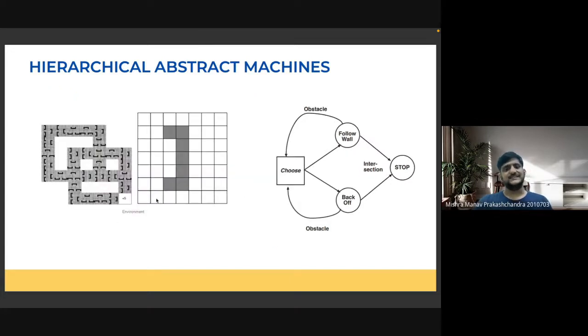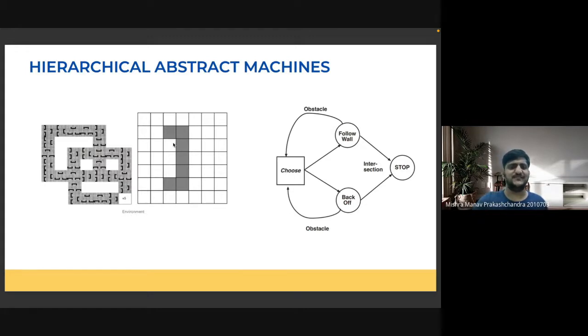So this was one example that Sir had discussed in the class. There is a certain grid world, and inside it there are small obstacles that need to be avoided, and the obstacles are shaped like a staple pin. If you are stuck here, there are two choices.